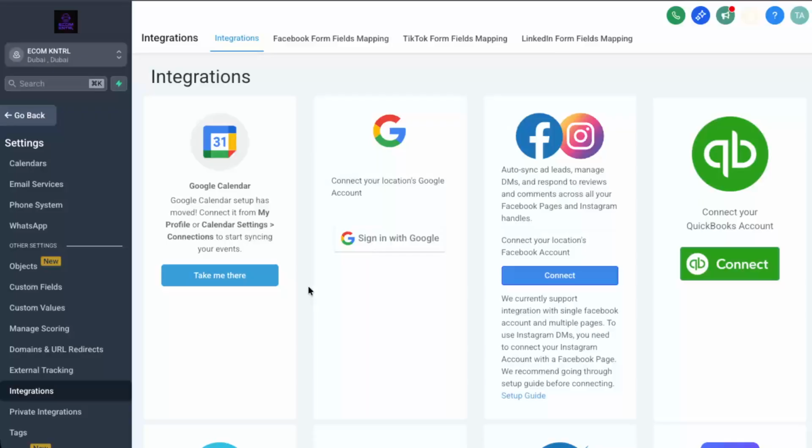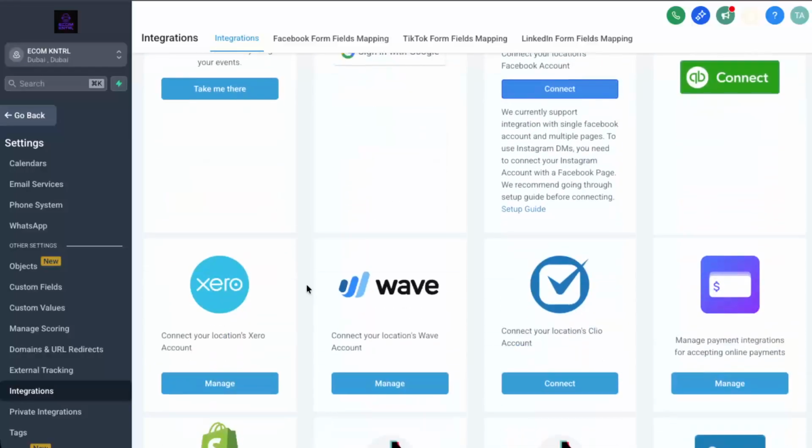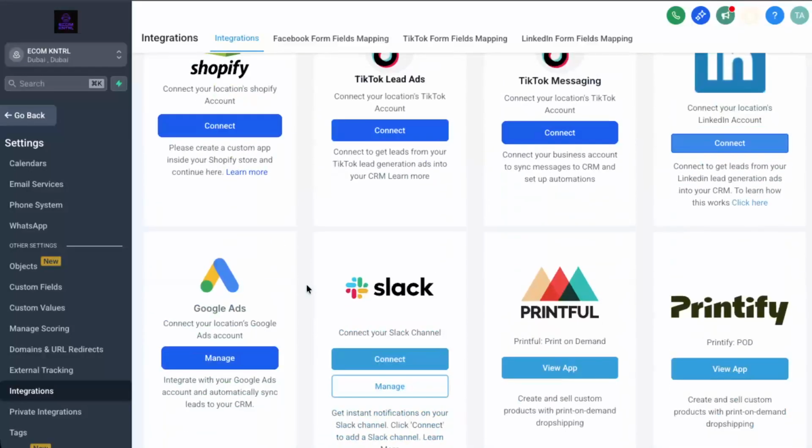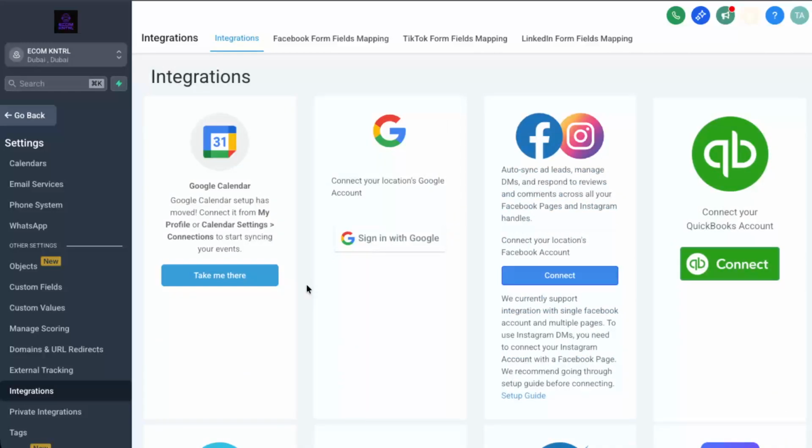Inside Settings, find and click on Integrations. The integrations page is where GoHighLevel connects to other platforms you use in your business, like email providers, phone systems, and in this case, your calendar and scheduling tools. Taking a moment to get familiar with this area can really help you later when you need to manage or